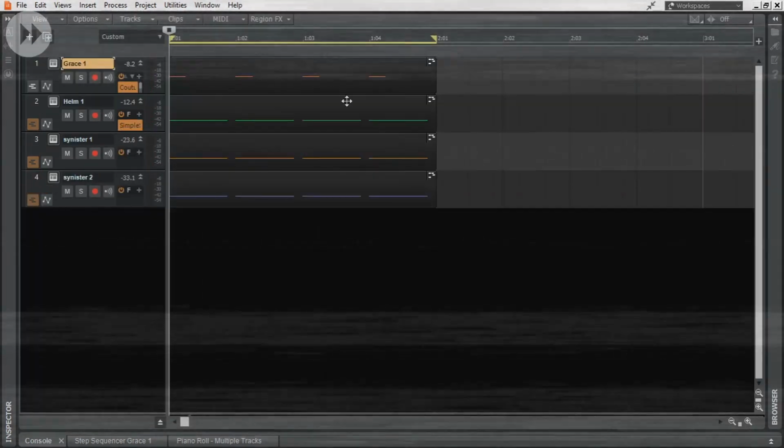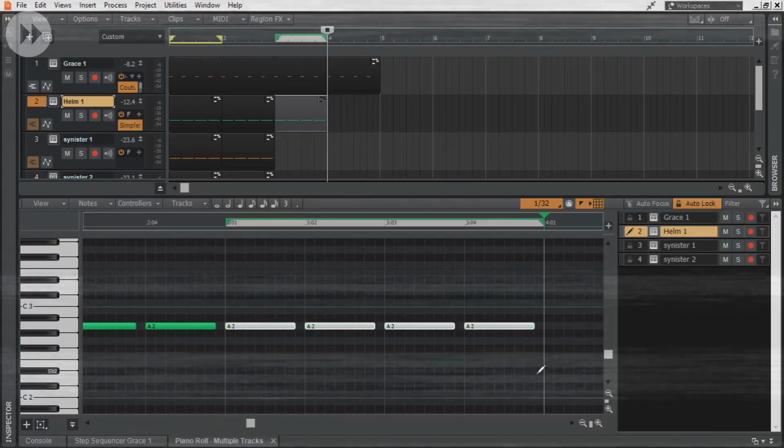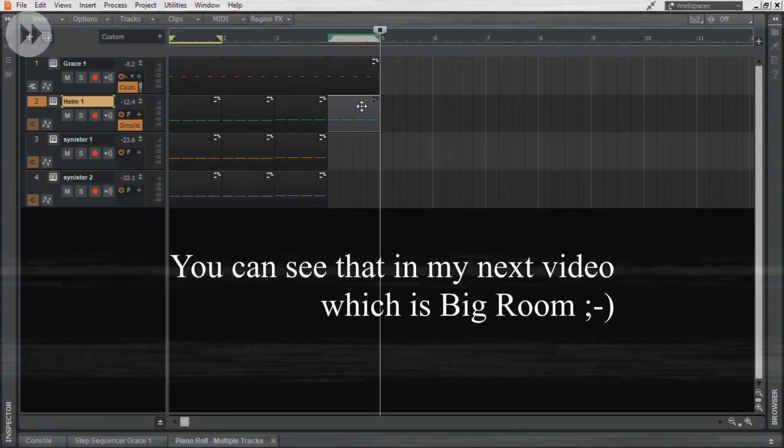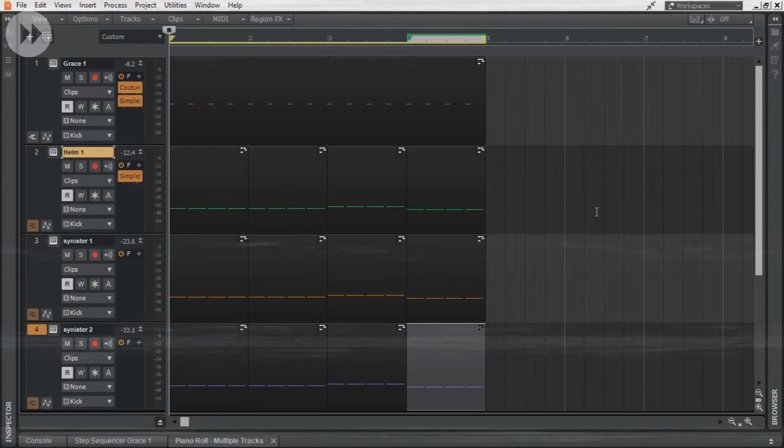Okay, we are done. I wouldn't say this will be the final version because there is a possibility that I might work on it more depending on the other elements in the track to make them fit together. But I would definitely say that this is a good kick to start from.